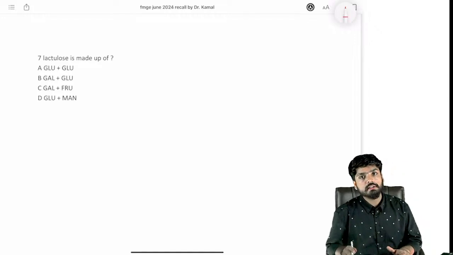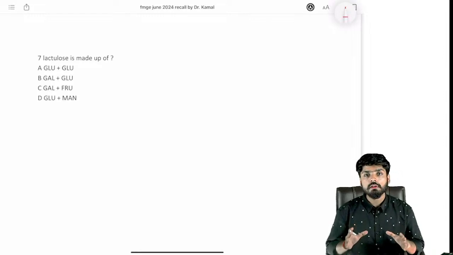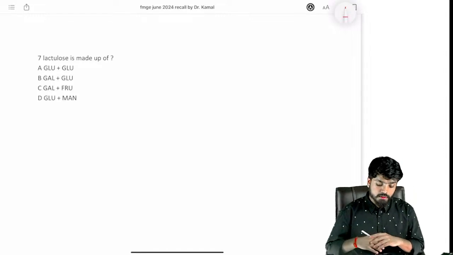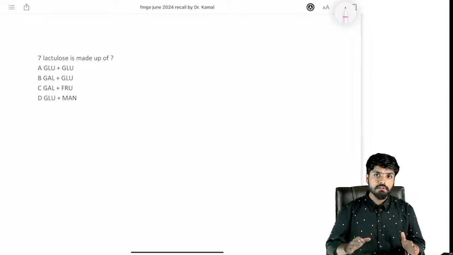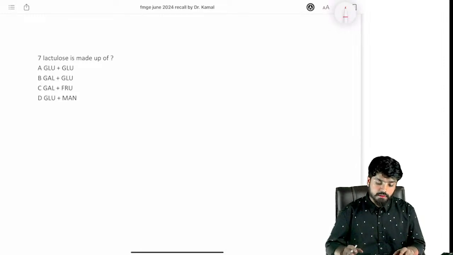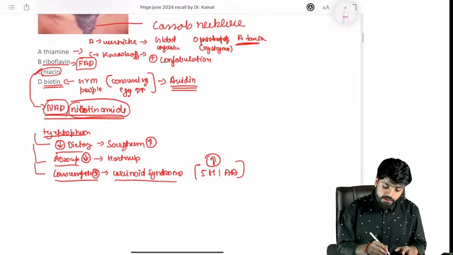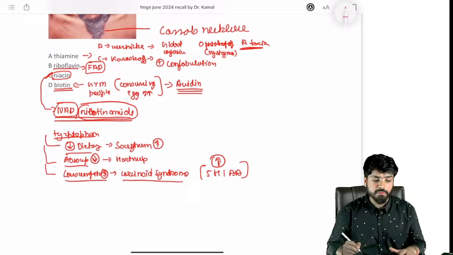See, I can understand the language of the question may be different, and some of the options may be different, but the clear-cut version of recall MCQs will definitely be uploaded on the question bank. For the time being, we are just here to help you go through the exam pattern and understand the basis of the MCQs, because one or two options can be different, but ultimately the answer will be the same in any given scenario. Just like this, even if niacin is not given, it can be given as NAD or as nicotinamide. The answer will be the same.